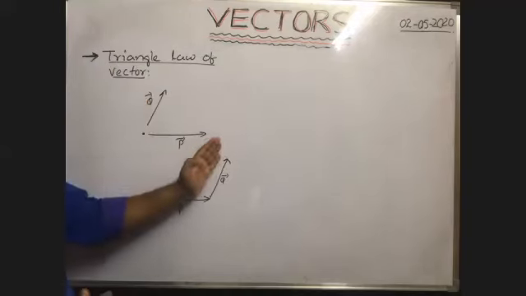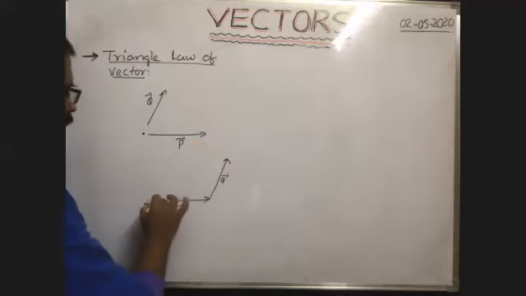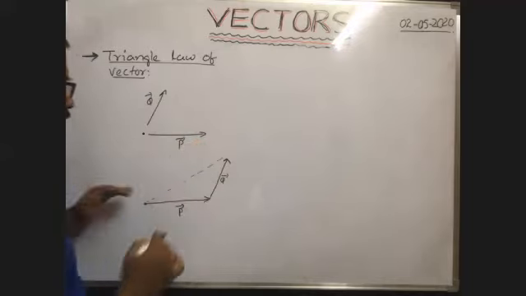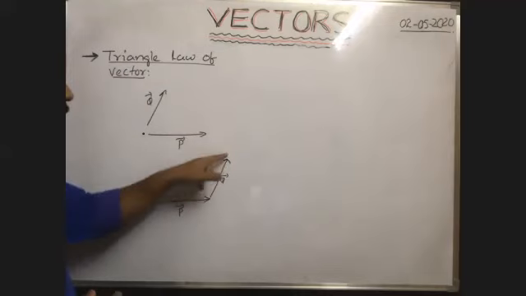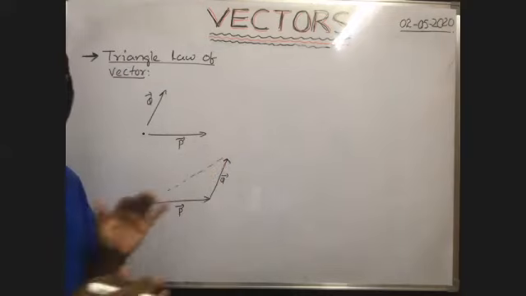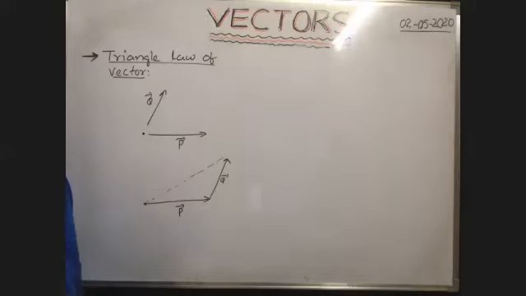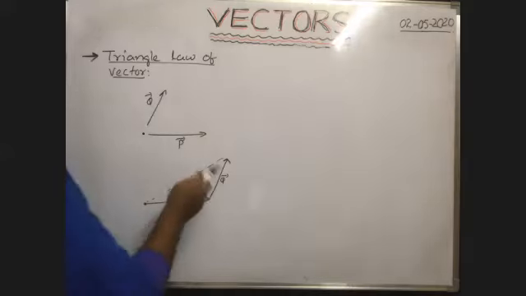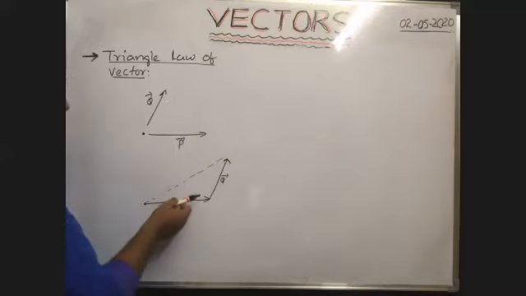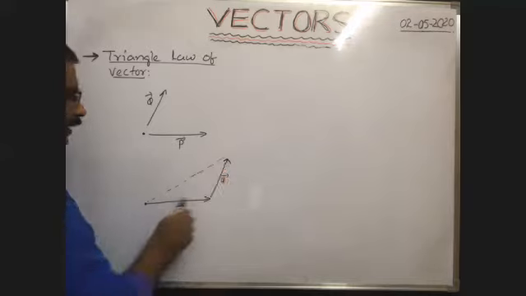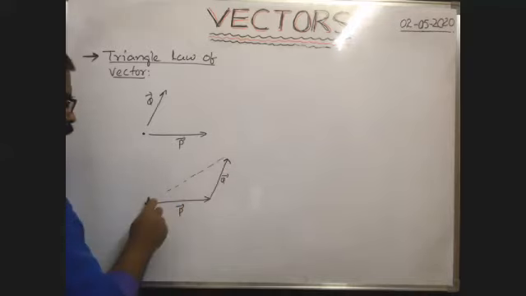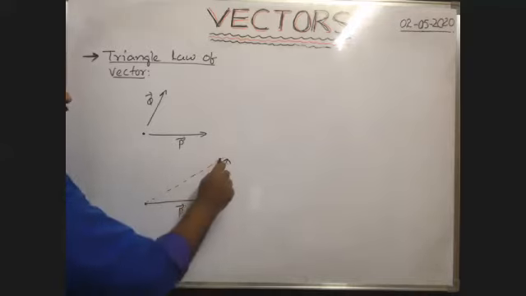of a triangle. Actually, it is a triangle. You see, this is the triangle. Adjacent sides of a triangle are taken in order, not from the same point. That is the difference between the triangle and parallelogram law of vector addition. So here, two vectors acting on a particle simultaneously are represented by two adjacent sides of a triangle taken in order. Then the closing side of the triangle is taken in reverse order.